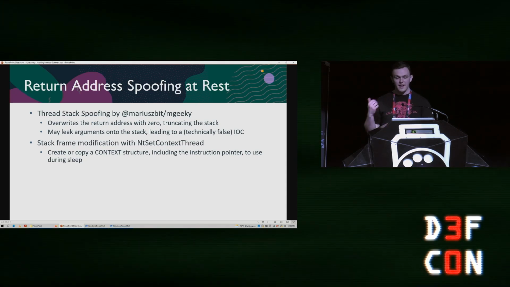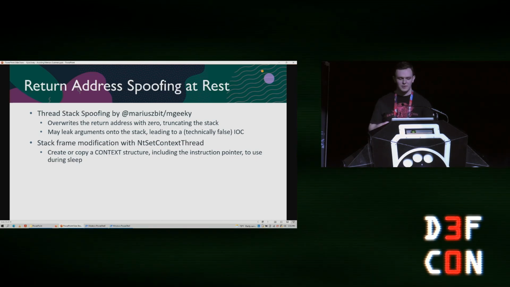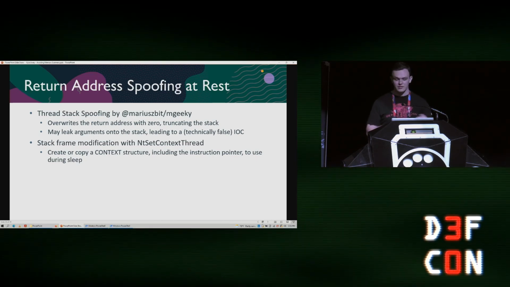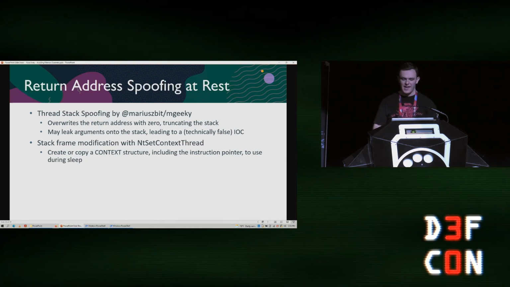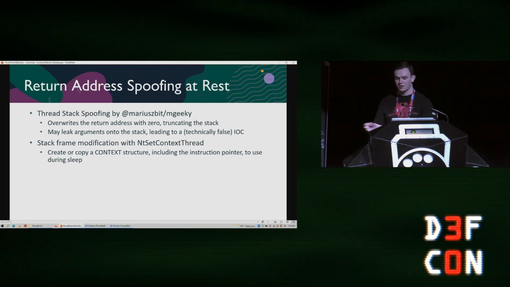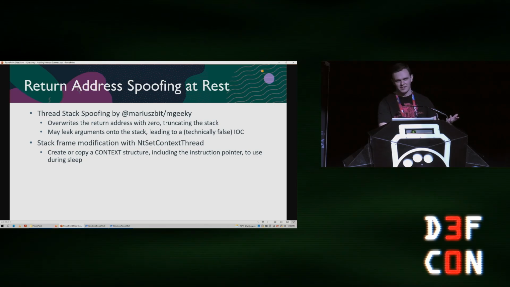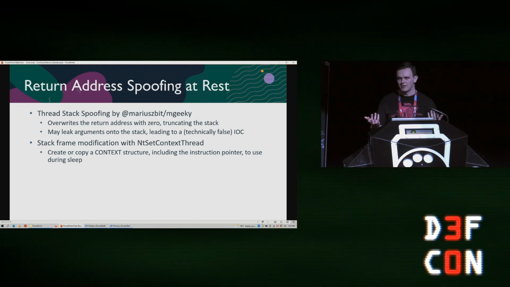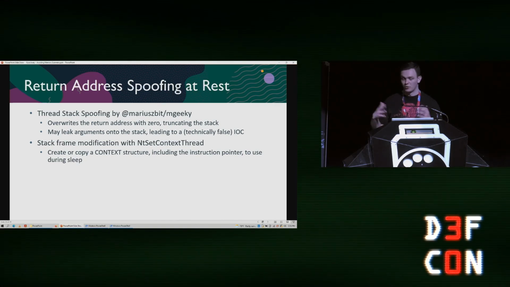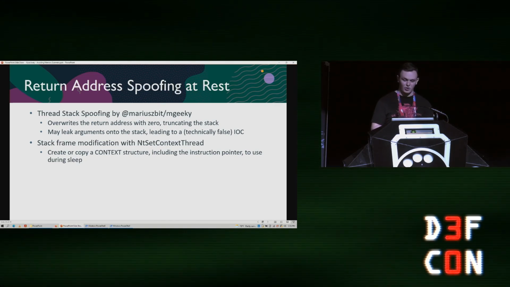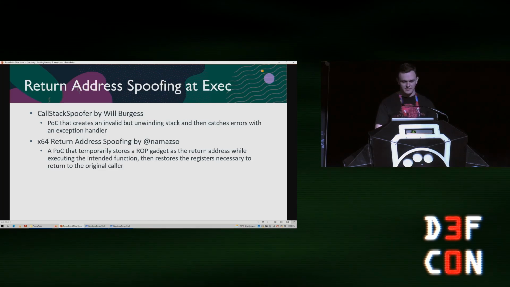The next option is a little bit simpler, and it's just using this SetContext API, which was already demonstrated in Foliage, to copy a fake context where we specify a different return address, and we copy it over our thread during sleep. Once we do this, if it scans it, it's going to see whatever we put there, which could be an API call to a memory address that isn't private commit, right? Just some API call in a normal DLL. And so it won't flag anymore. So that effectively solves that. It's a pretty simple solution for this.